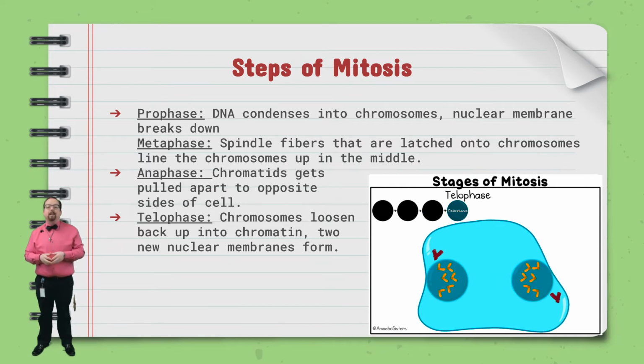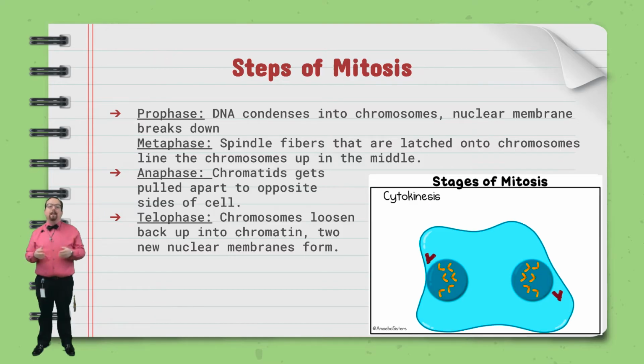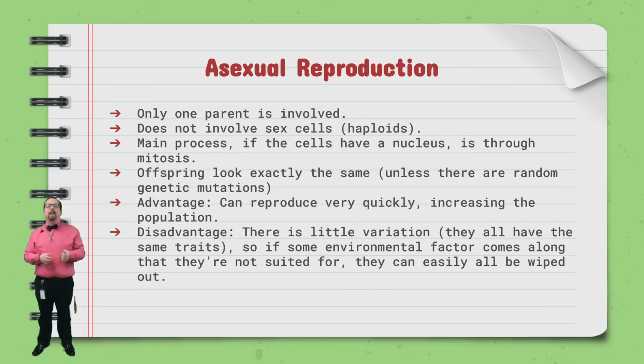Now, those 2 cells can go through interphase and repeat the whole process. As a reminder, asexual reproduction is the type of reproduction that only requires one parent. It only involves diploid cells, also known as body cells, which have full sets of DNA. We'll learn about haploid cells, which have half sets of DNA, when we discuss meiosis and sexual reproduction in the next lesson. For eukaryotic cells, cells with a nucleus, this means that the main process that drives asexual reproduction is